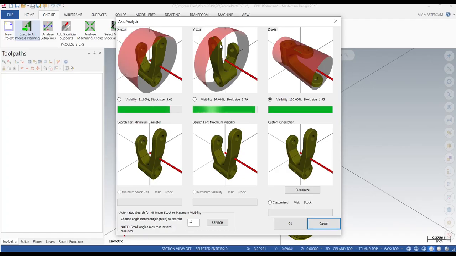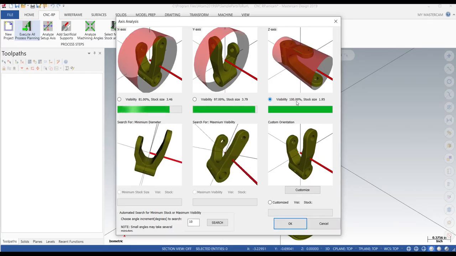if you have specific features of your part you need to keep clean or make sure you get the best machining out of. Upon opening the window, you will be left with three major axis options: your X-axis, your Y-axis, and your Z-axis. Each of these axes will tell you the visibility of the part and the stock size for that axis. If neither of the three large axes work for you, you can also choose a custom orientation for